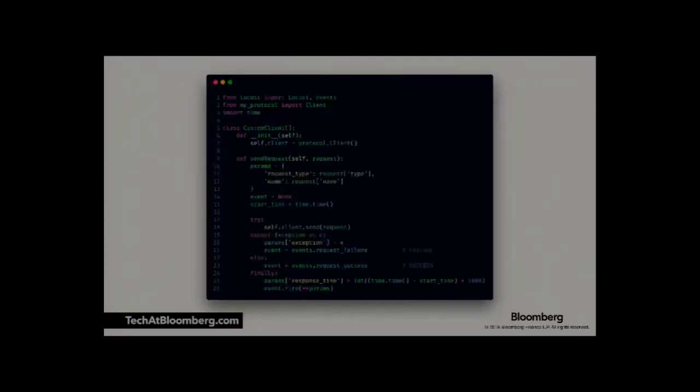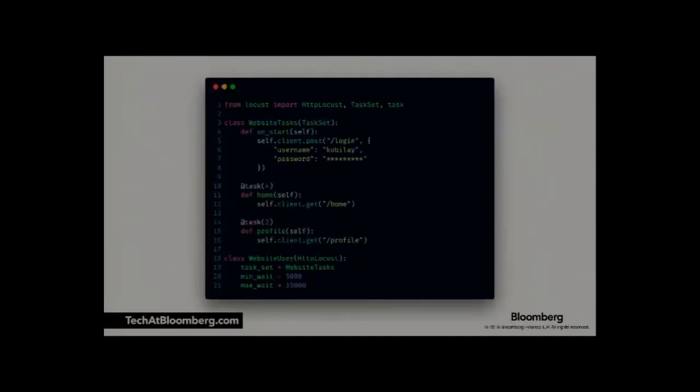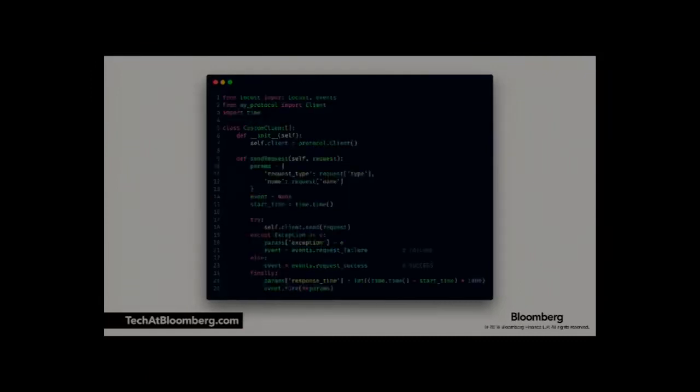I forgot to mention, by default, Locust comes with an HTTP client. So if your service communicates in HTTP, you don't have to implement anything more than this. But if you have some crazy protocol for your service or it doesn't know about HTTP, which was the case for us, you can implement your own custom clients and give them to Locust. In this case, we assume that you have a Python client that can communicate with your service. And we just wrap this send request method